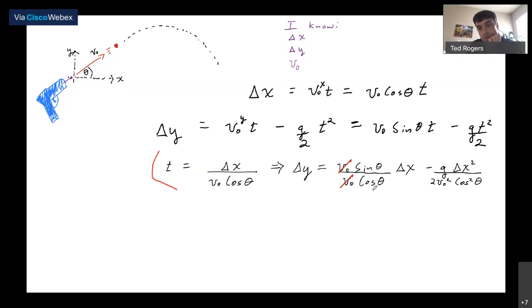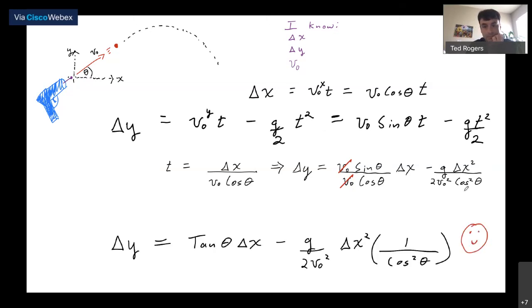Sine theta over cosine theta, that's tangent of theta. And I've got a 1 over cosine squared theta here. So this is a point where some people start to get confused. I have a nice equation that involves theta here and here, and delta y and delta x, and I want to solve for theta, or at least solve for, say, a trigonometric function of theta. But I've got a tangent theta here and a cosine theta squared here.